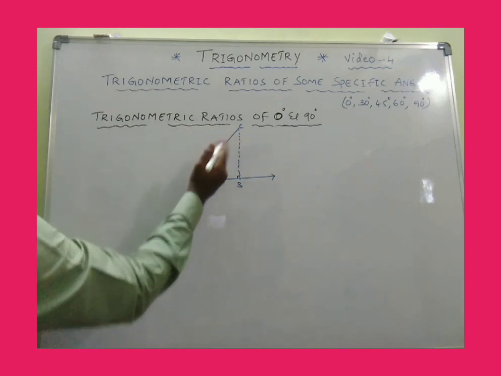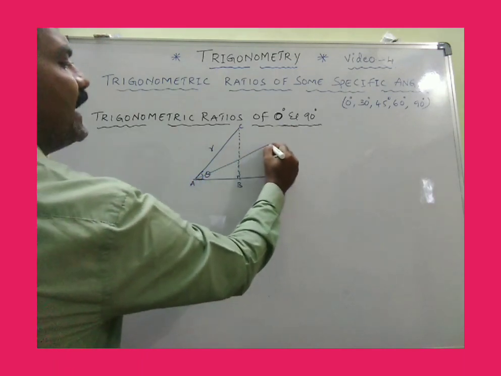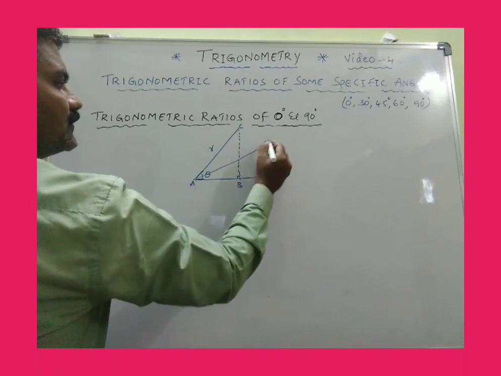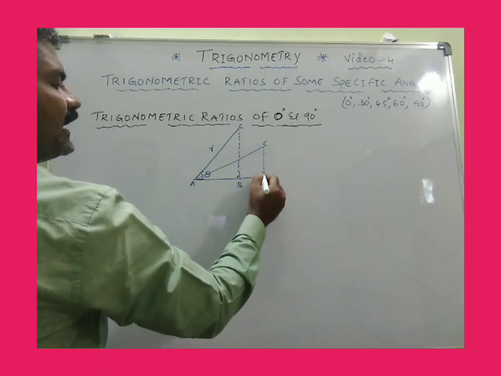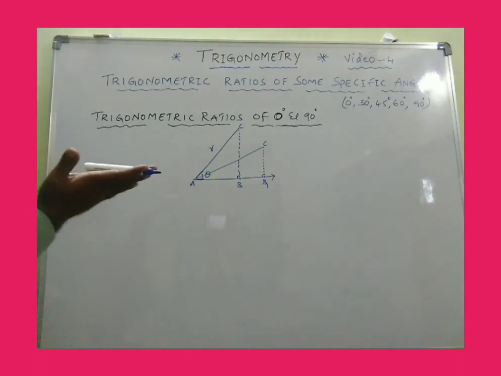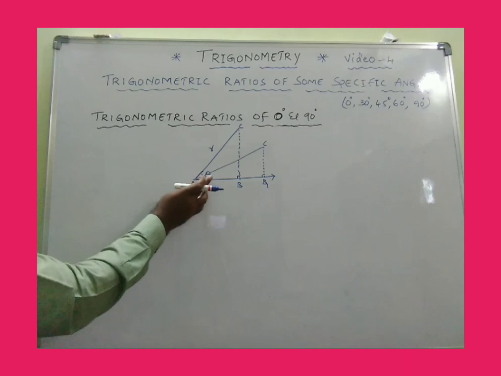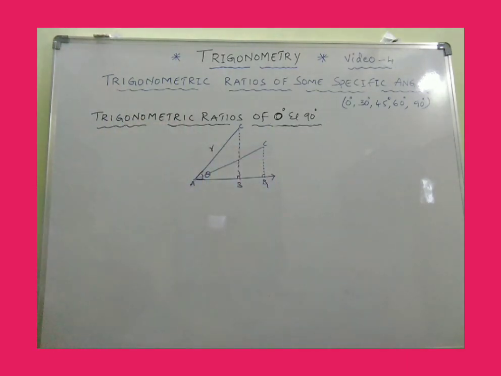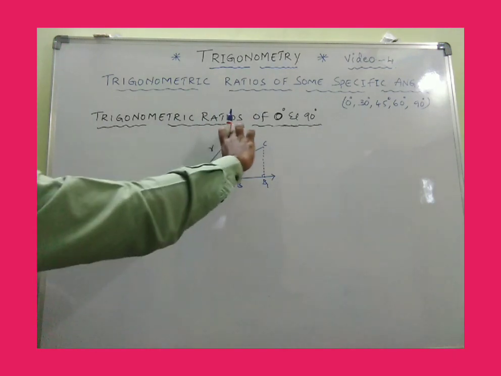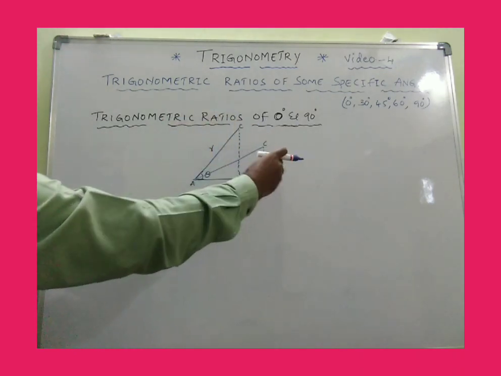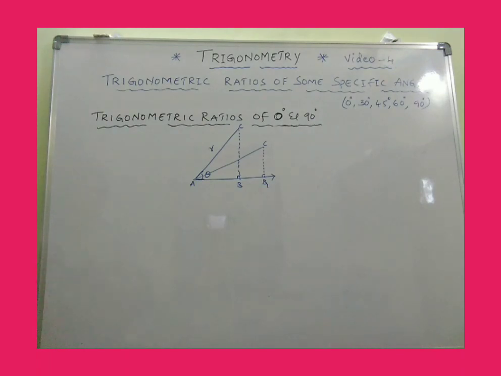Now let us decrease this angle. Suppose this is the angle. Now the position of C is here. Now what about the height? This is say some B1. As we decreased the angle, the height also decreases. So earlier this was the height BC, and now the height B1C is less than the BC height.